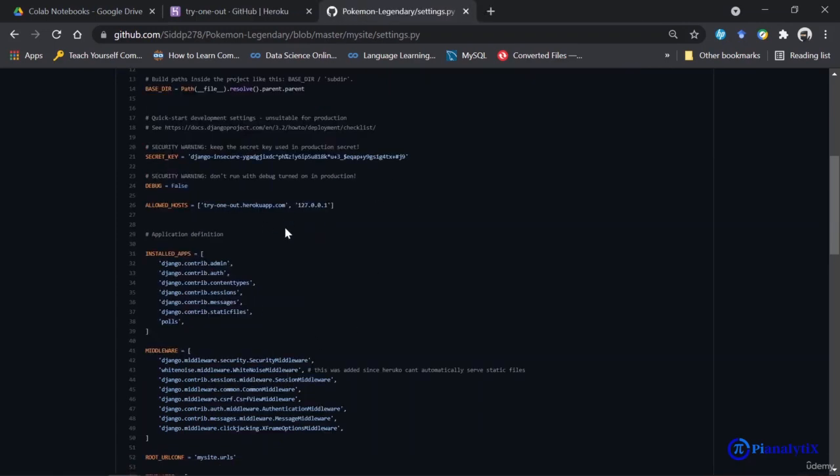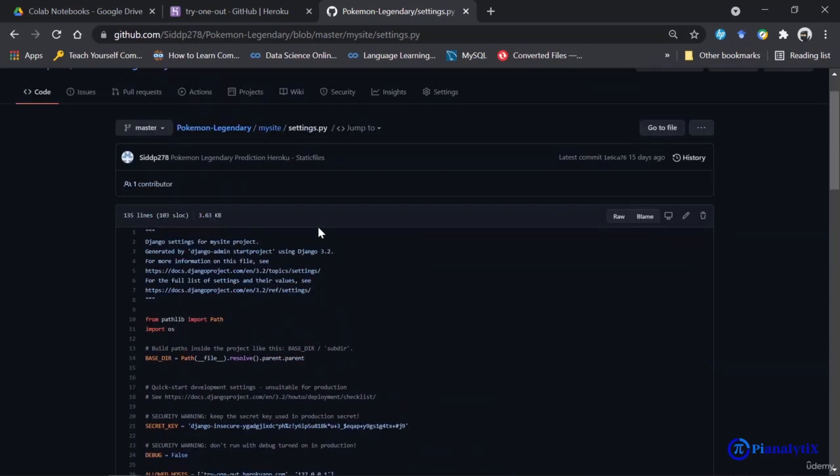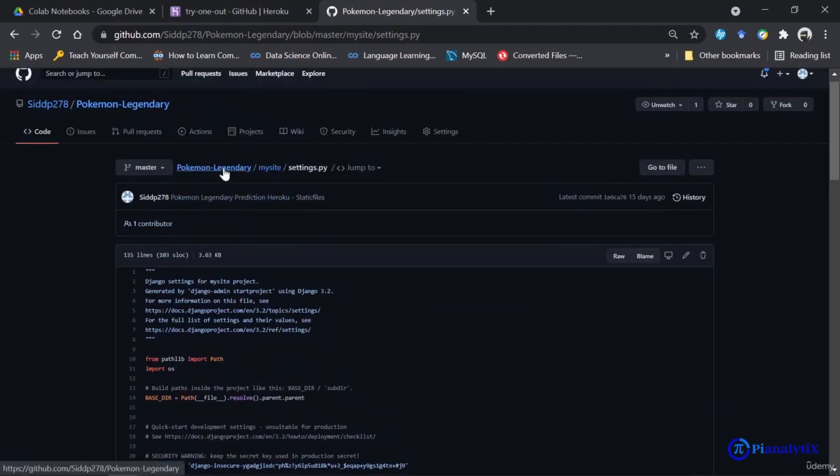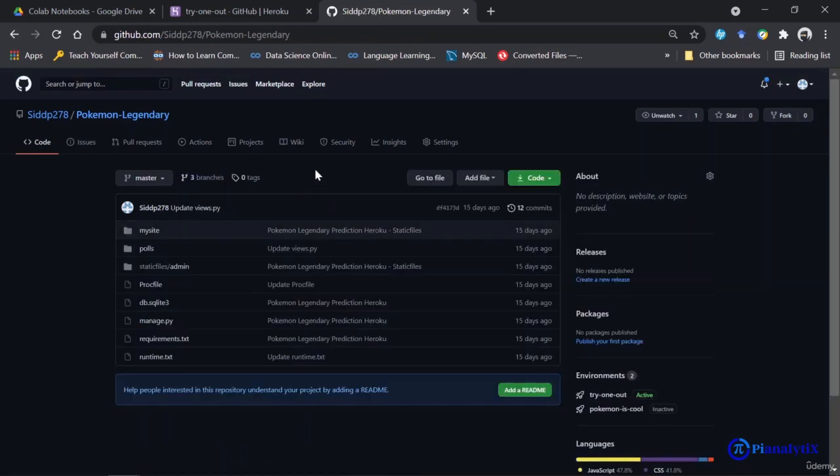One thing I wanted to show you is that you already have to build a repository where you will be storing all of your code that is to be used by the server on Heroku. You can see that my site, polls, that was my app with the static files, Procfile, manage.py, requirements.txt, and runtime are present here. Now, once you are uploading the code, it might happen that there are no static files in your code.